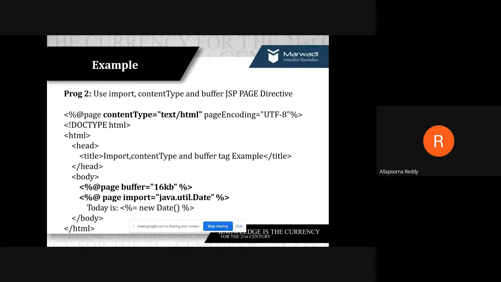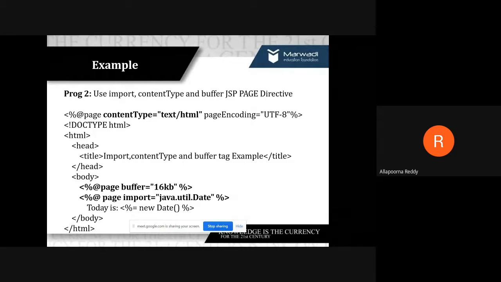And this is my example, which is a combination of two things: how we import and how we make a buffer allocation. It shows two types of attributes, import, and content type also you can find here. I already told the three things we discussed. As a common example, content type is equivalent to text/html.